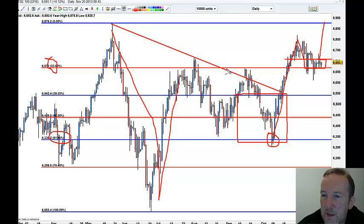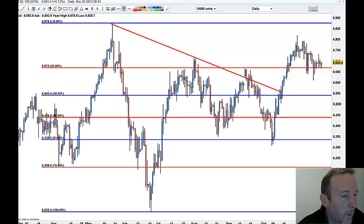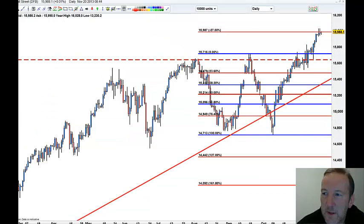Okay, so we're above this fib zone here, and we are holding and looking as if we could break out. That's an apex. So I'm trading what I'm seeing, and what I'm seeing is a market that refuses to die with a pullback support, and I have no reason at the moment to get short. So what will I do with this market? Well, the Dow, and here we are even this morning, just in the Euro session, just punching higher,